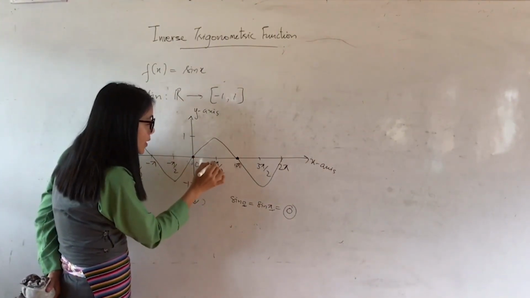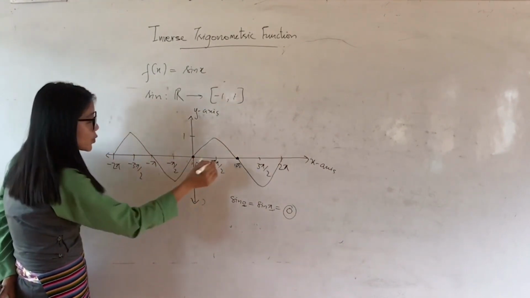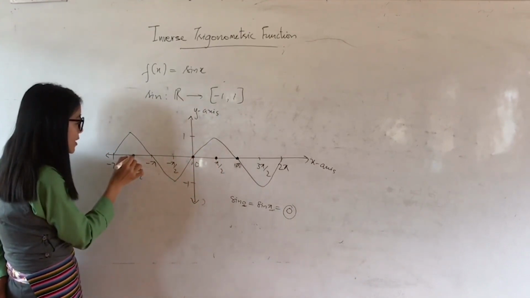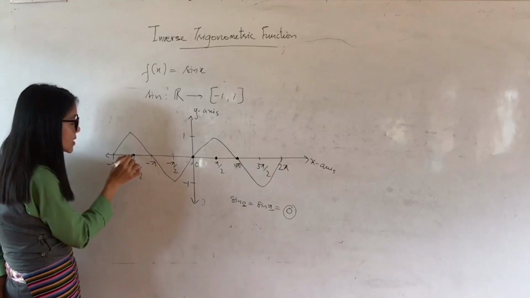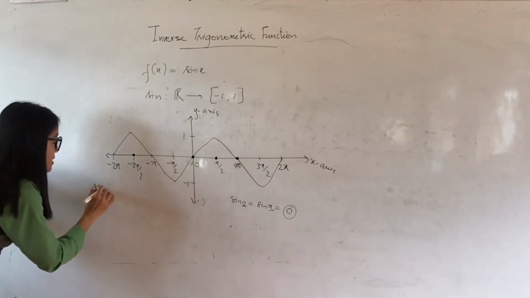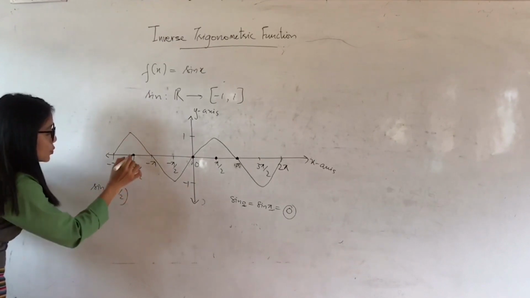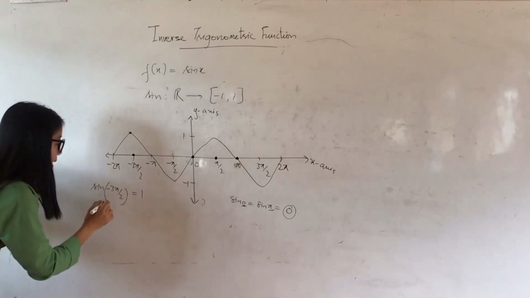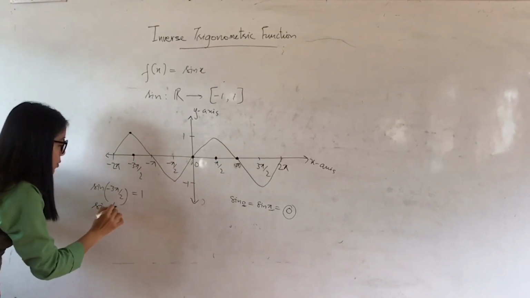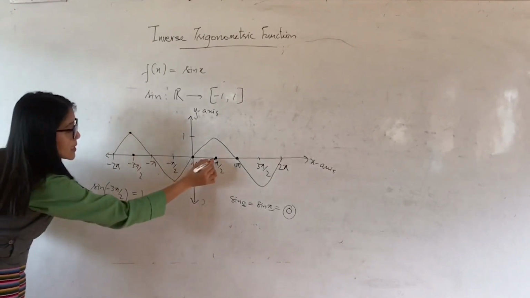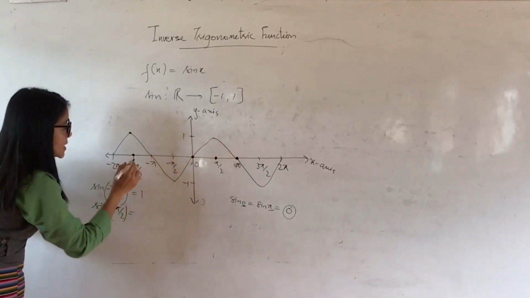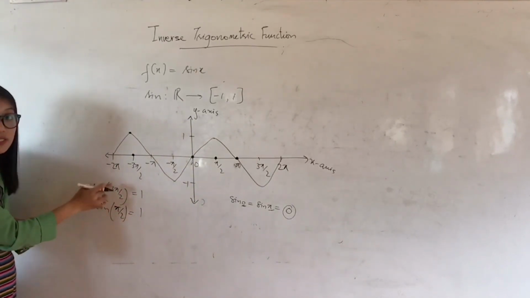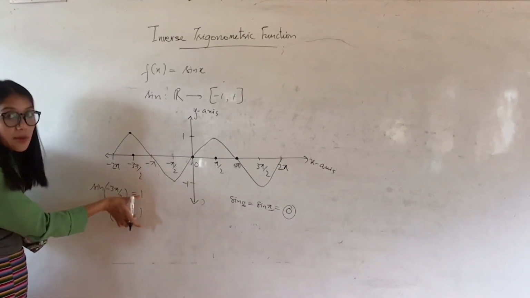Similarly, if I choose this point, pi by 2, and you can take this point, -3 pi by 2. What is the image? What is sine of -3 pi by 2? Its image is +1, okay. Similarly, what is sine of pi by 2? Sine of pi by 2, again its image is 1. So you can see that its image is 1. Again, this is one example. -3 pi by 2 and pi by 2 are two distinct elements, but they have the same image, okay.